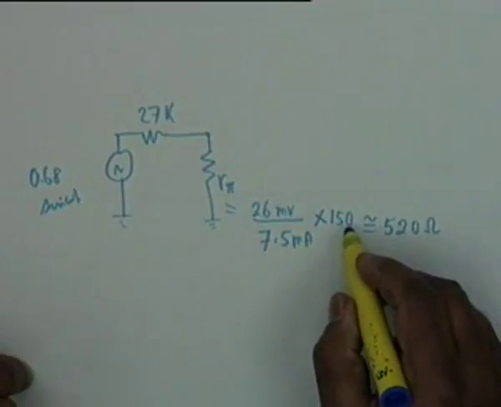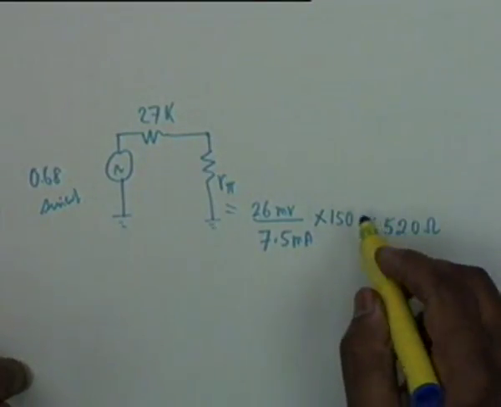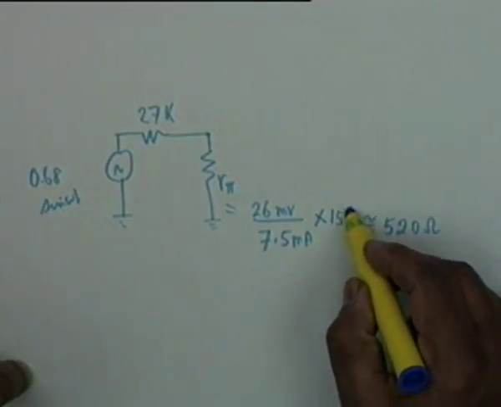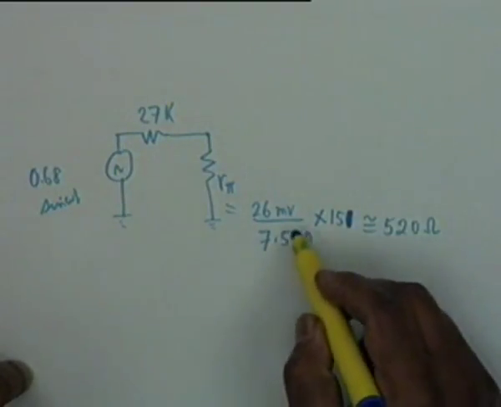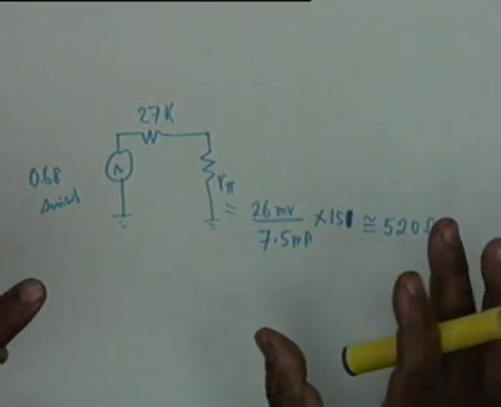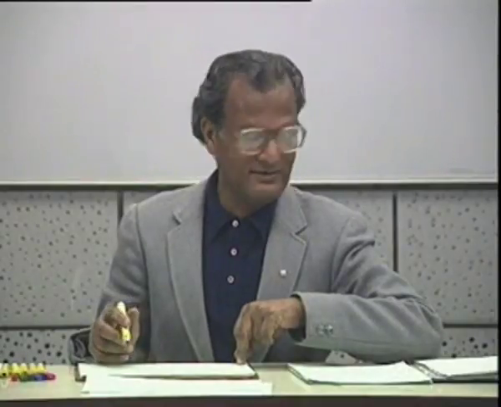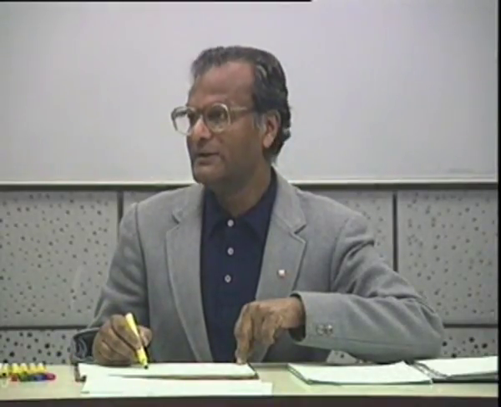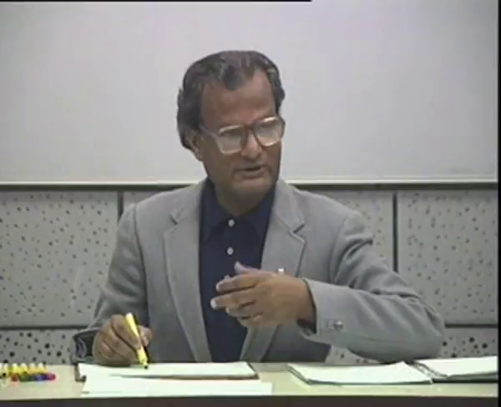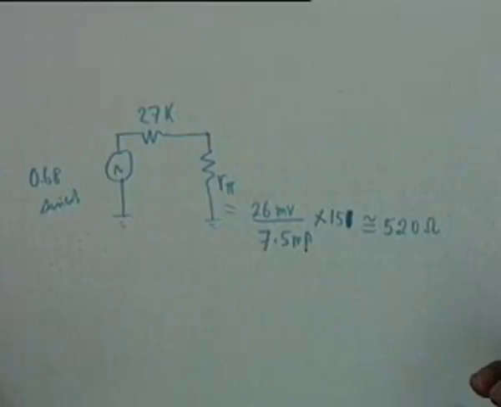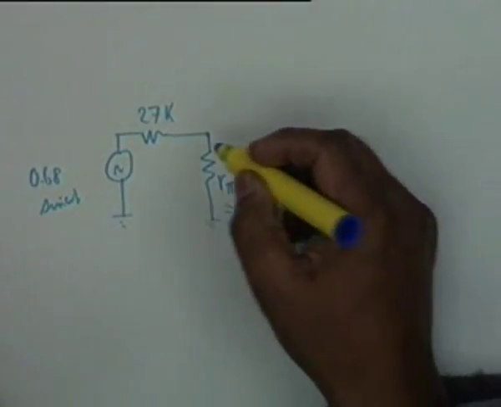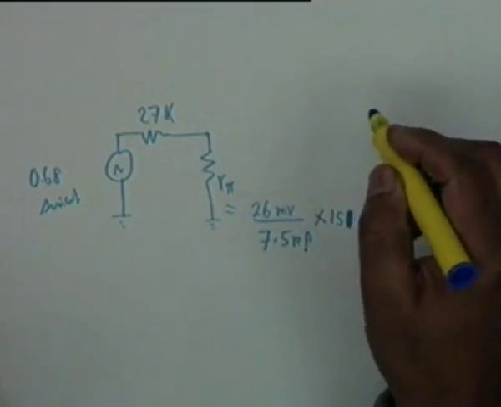Actually it should be beta plus 1 to be exact. It should be 151 if you are dividing by the base current, that would have been correct. No beta plus 1 factor is needed, but since we are dividing by the emitter current, which is the same as the collector current, this is 520 ohms. Okay, and then we have